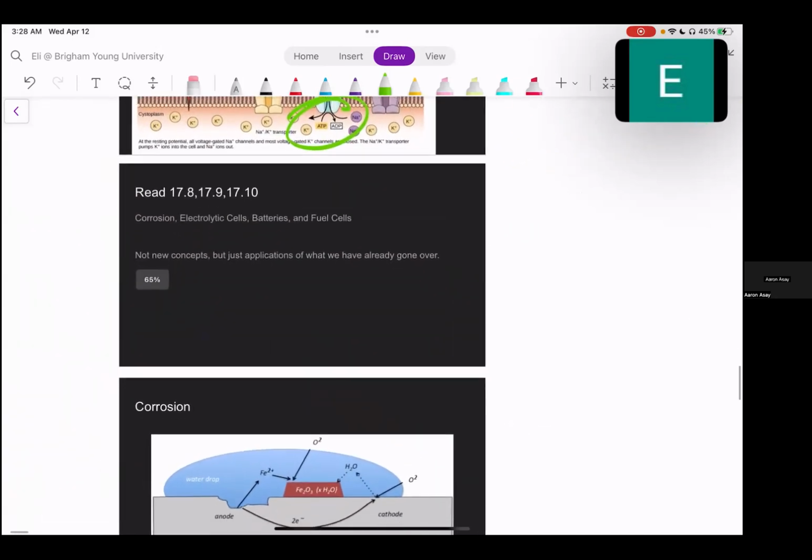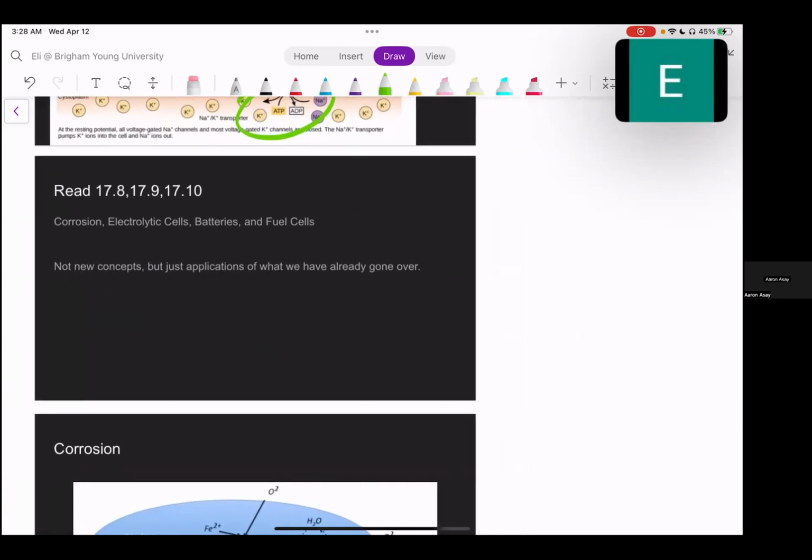Last thing before this turns off on me, read these. You guys aren't going to like me for that, but the book explains it way better than I do. This is going to go over corrosion, electric cells, batteries,